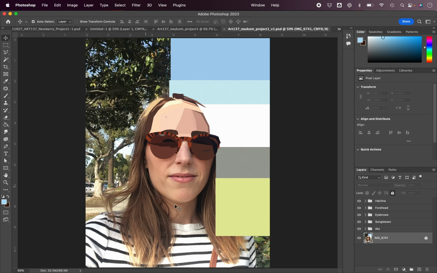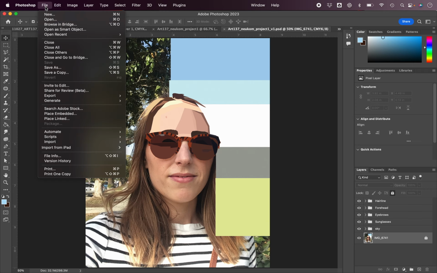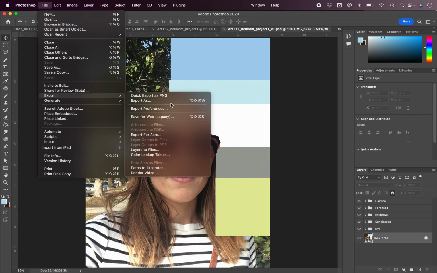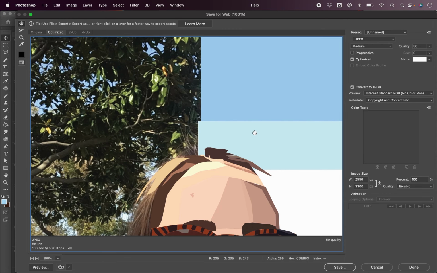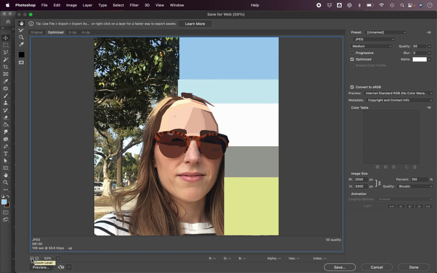So once again, I have my PSD file open. Always make sure that you're editing your PSD file and you're only exporting JPEGs to turn in. So with the PSD file open, I'm going to go to File, Export, and then Save for Web. Click that, and then you get this modal window that says Save for Web at the top. If you go over to where my cursor is in the lower left, you can zoom out if you need to see the entire image. And then with the settings on the right,